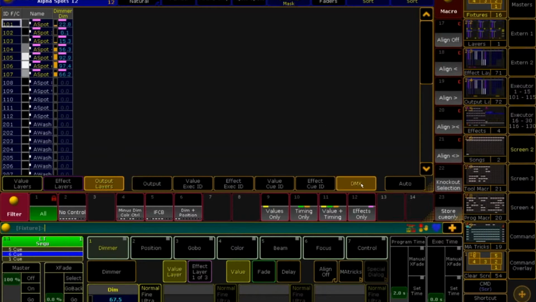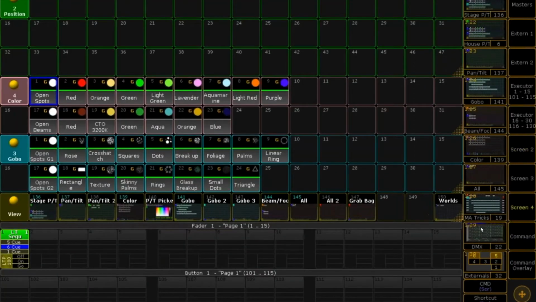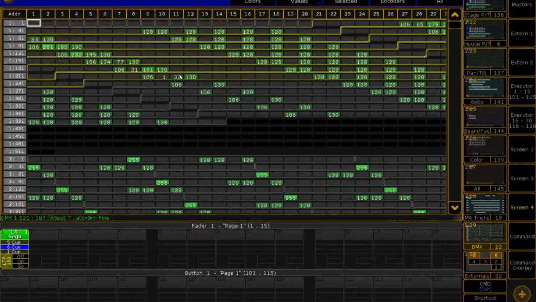This is another place I go just to kind of really see what I've programmed. An even better option over here is just DMX. This is actually viewing the DMX values in a fixture sheet. So you guys have probably seen this view, DMX sheet. This is the real troubleshooting tool, what's actually coming out of your system,